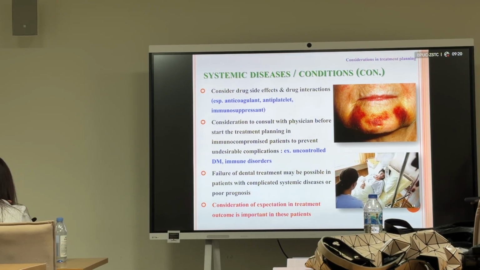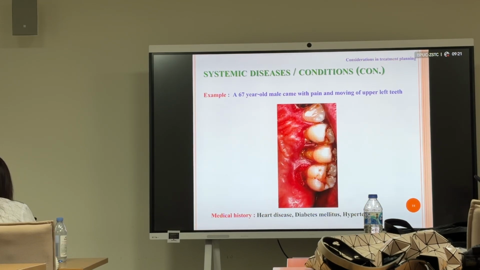And failure of dental treatment may be possible in patients with complicated systemic disease or poor prognosis. Consideration of expectations in treatment outcome is important in these patients because the success may be difficult. There are a lot of complications. For example, a